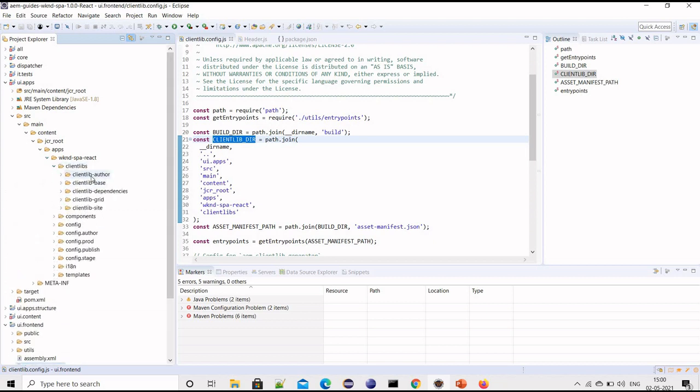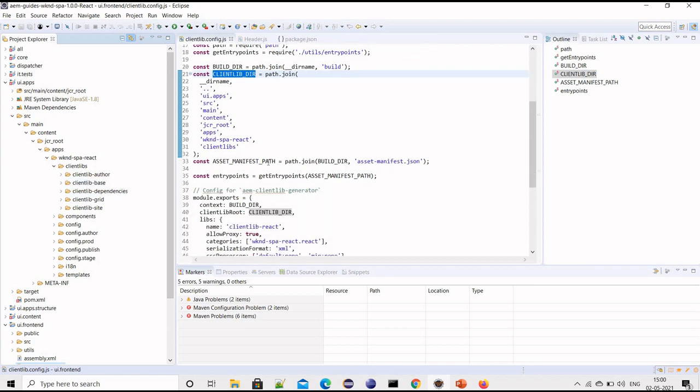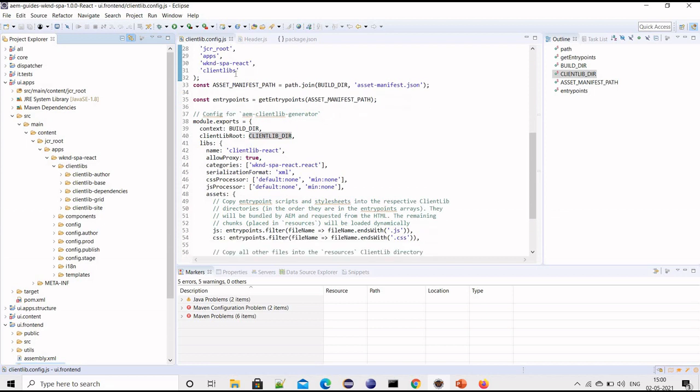Under client libs we want to create another client lib which will be for React. Right now we don't see it because we have not compiled, but it will create a new client lib React, and the configuration is here in the same clientlibconfig.js.